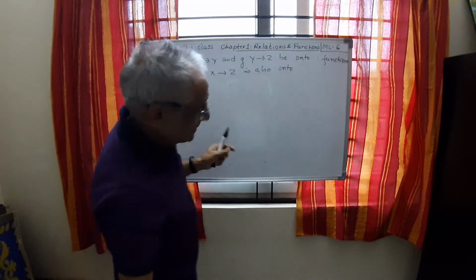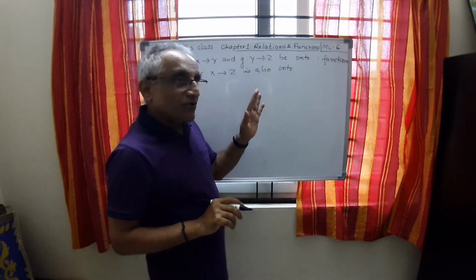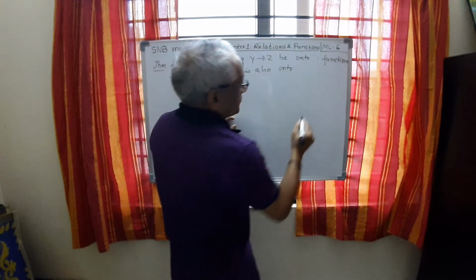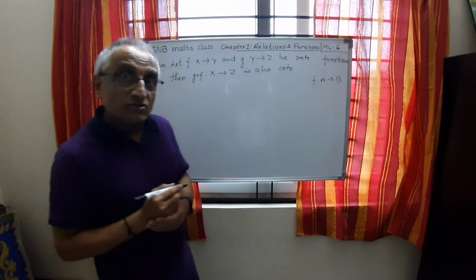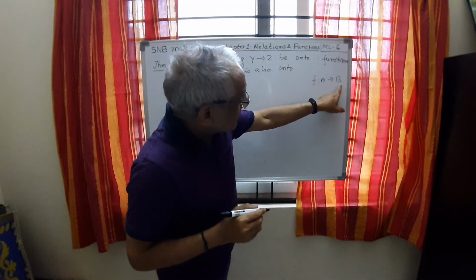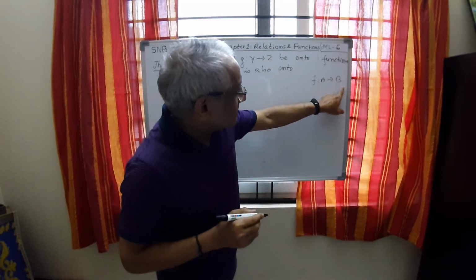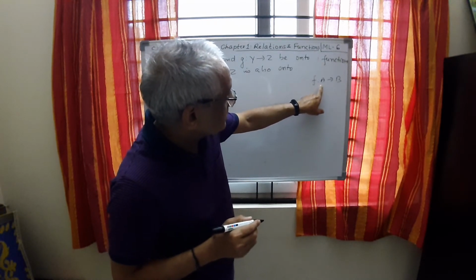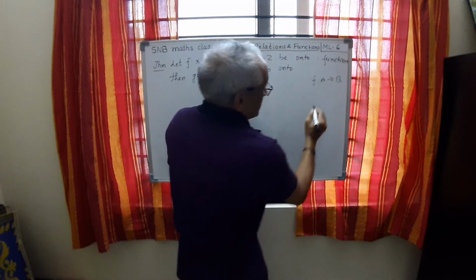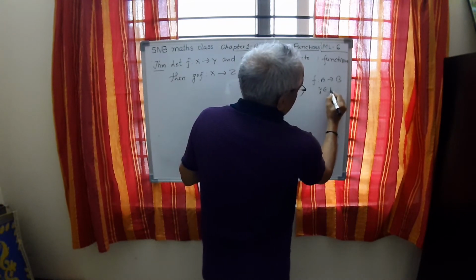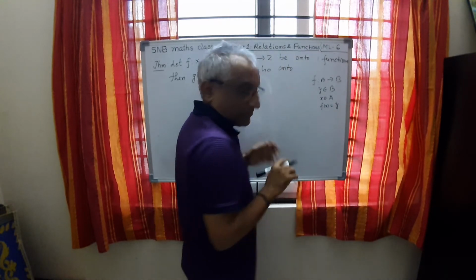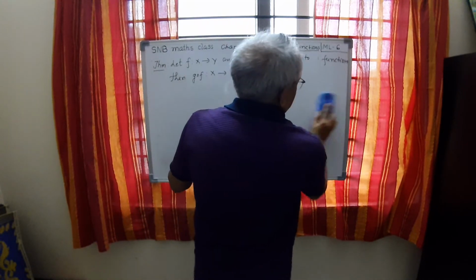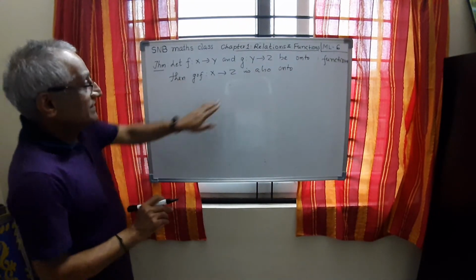Now before proving, once again try to recall the method of proving onto. If a function is from A to B and it is onto, what we should do is take an element from B and show that there is an element here which is the pre-image of that element. That means I have to prove: for y belonging to B, there must be x belonging to A such that f of x equals y. This is the method I told, so we are doing the same thing here also. Now the argument is like this.